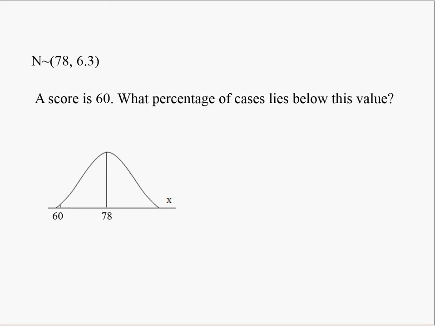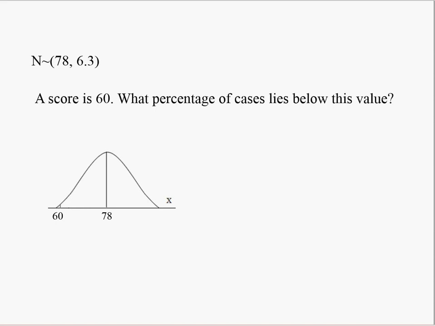I have another question. A score is 60. What percentage of cases lies below this value? In other words, in this distribution, the mean is here, and we have a 60. Obviously 60 is smaller than 78. It's below the mean. But this question asks, what percentage of cases lies below this value? In other words, what is the size of this corner? It appears to be a very small corner, maybe 1% or 2%. To answer this question, we first have to figure out